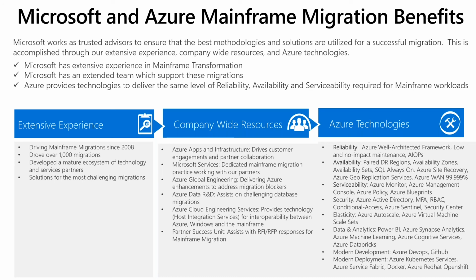And then the technologies. When you think of a mainframe, you expect reliability, availability, and serviceability. Well, when properly architected using the Azure services available, you can achieve the same level of RAS that you've come to expect on the mainframe. So the capability is there, but you also have the ability to go beyond that, as Larry mentioned, with Power BI, data and analytics, new ways of developing applications, and new ways of deploying them with containers. Those are all opportunities you have to take a legacy system and continue transforming it using the latest technologies. And next slide.